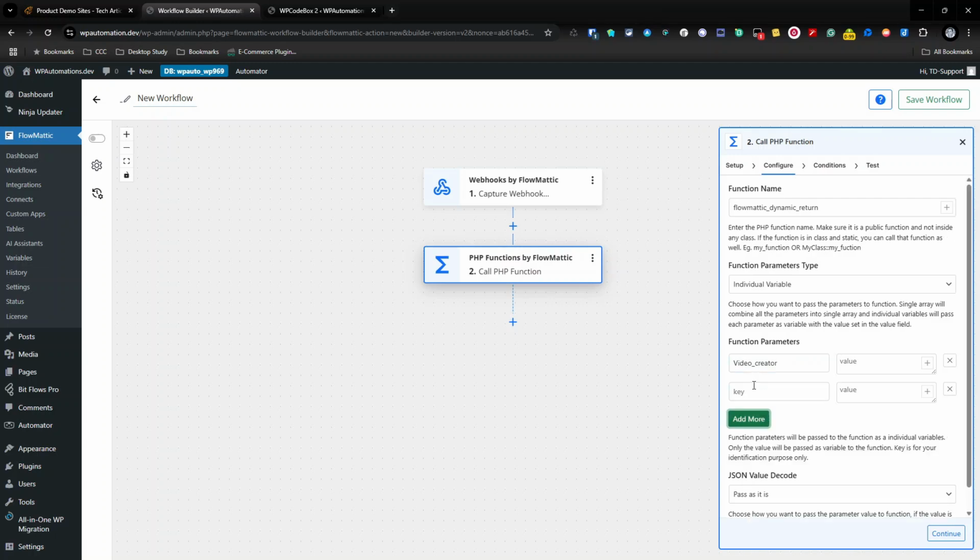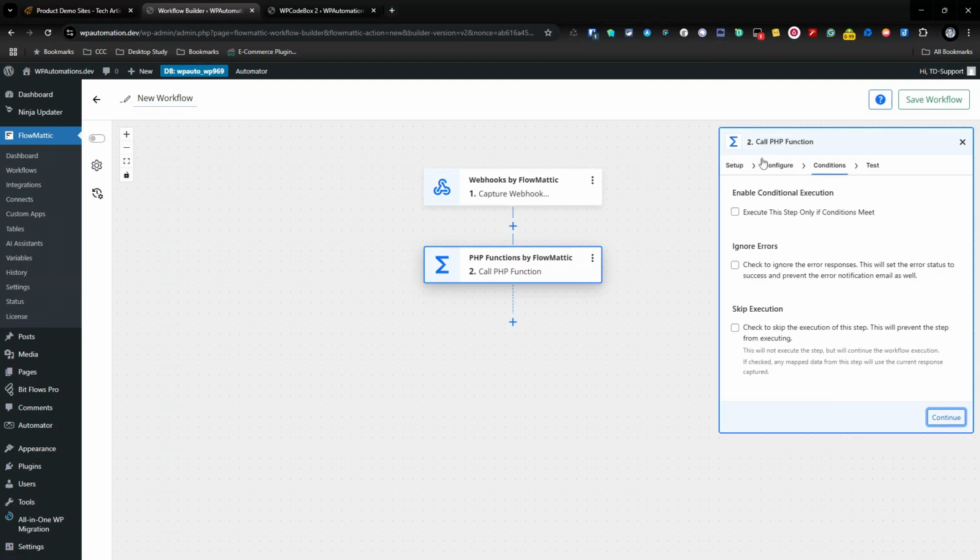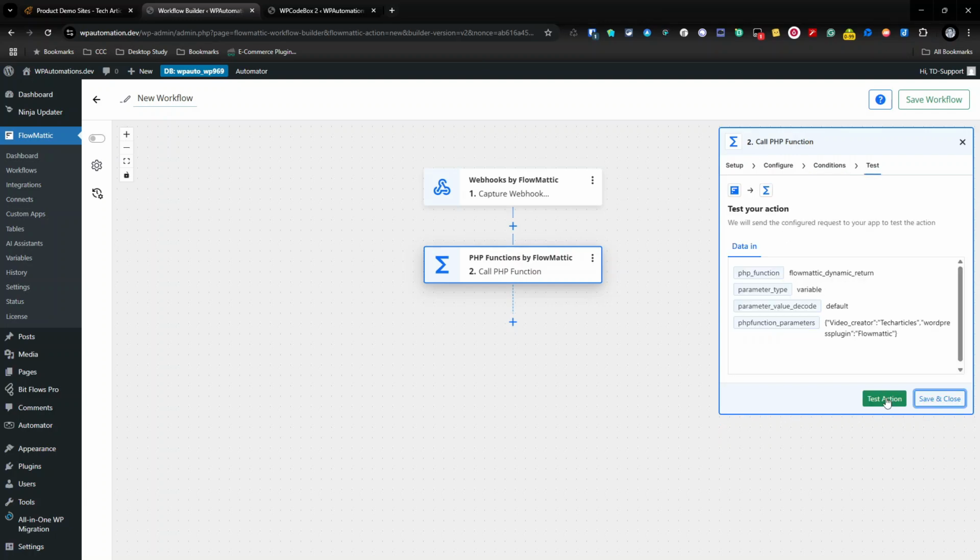Video creator and WordPress plugin. Do that like that. And so we'll put tech articles in here, and we will put Flowmattic in here. And that's it. So now if we go to test this,